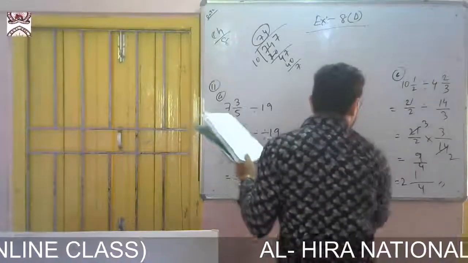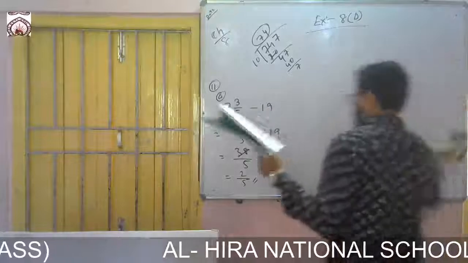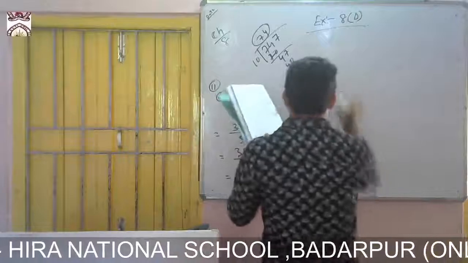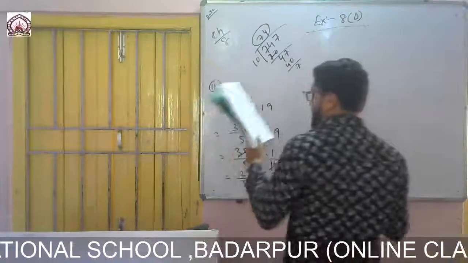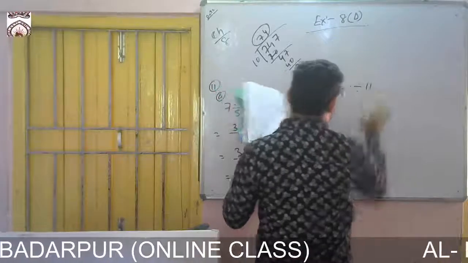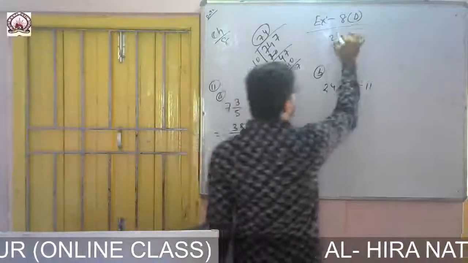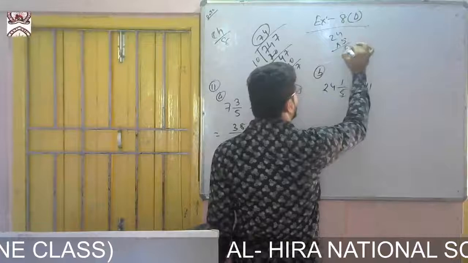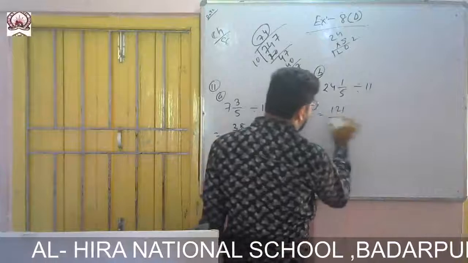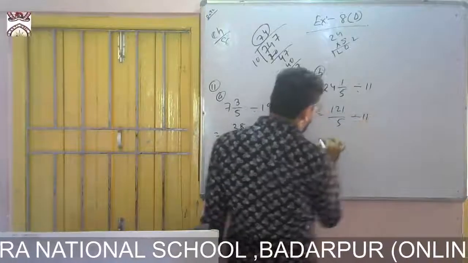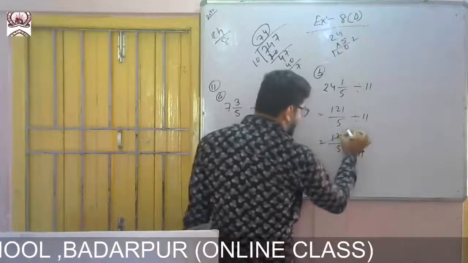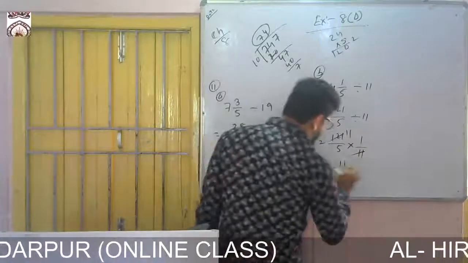Okay. Now come to question number B. Question number 11 B. Let me show all. 24 1 by 5, divided by 11. So you multiply this one, 24 into 5. It is what? 120. 5 2s are 10, 11, 12, 120. 120 plus 1, it is 121 by 5, divided by 11. So it is 121 by 5 into 1 by 11. So if we cancel, then 11 1s are 11, 11 11s are 121. So it is